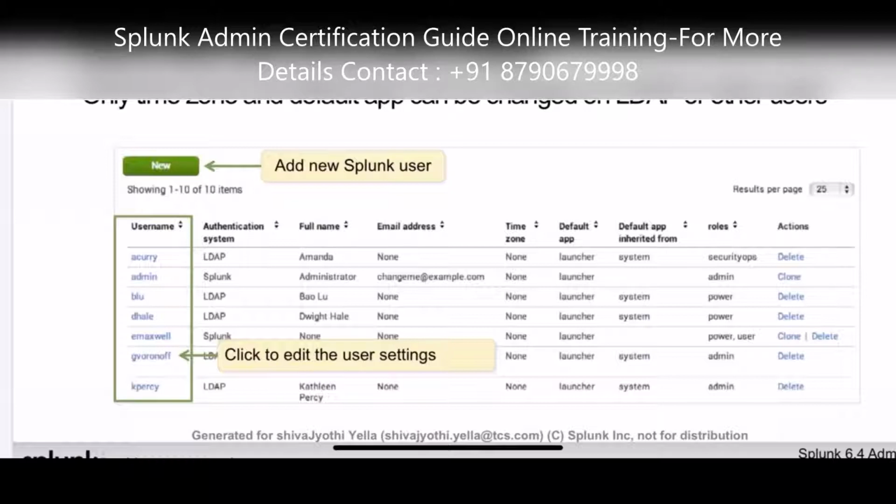We click on settings, access controls, and create a role called admin. We give all the capabilities, and we also create a username admin with the default password for Splunk. But when you are creating such a username as admin, you are creating the username in Splunk itself, so it shows the authentication system as Splunk.